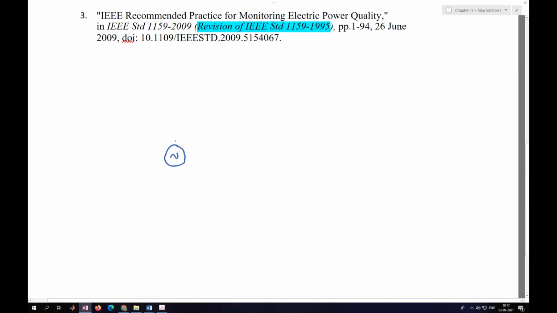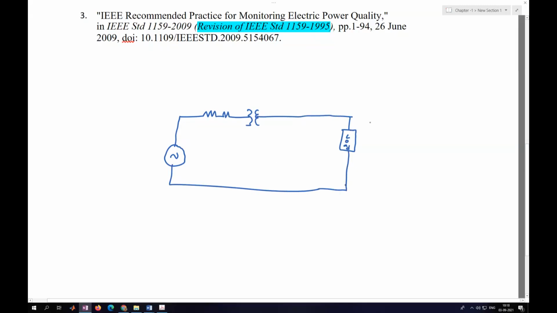Source. Okay, and we have this feeder impedance. Okay, and we have a transformer over here, and then the load is there this way. Okay, this load demands the real power as well as the reactive power also. Okay, but especially this reactive power, as you know, is not a useful power, but it is still drawn, it is still going to be sent by this particular source, that is PS and jQL, it is